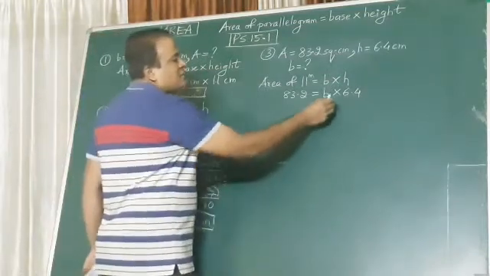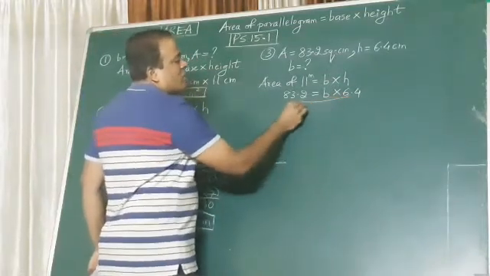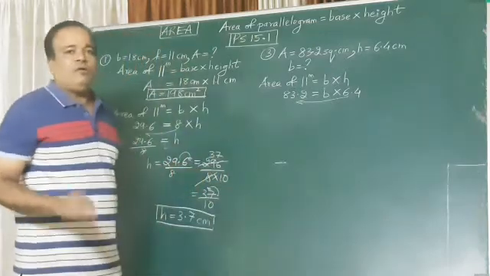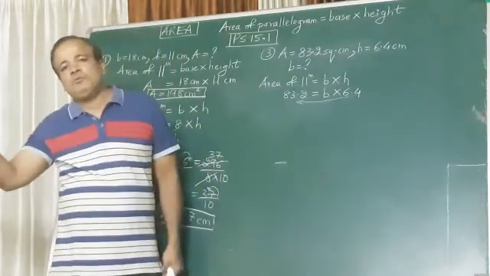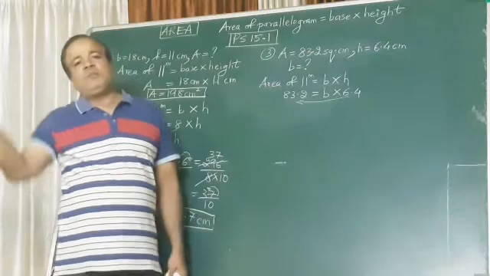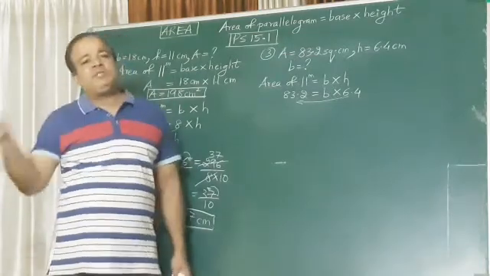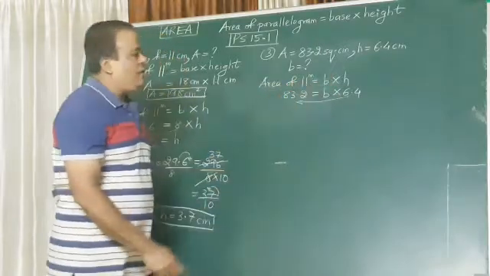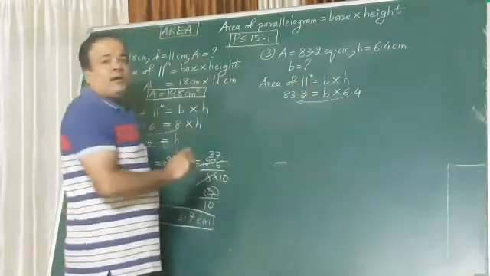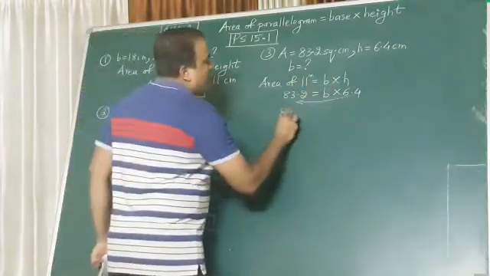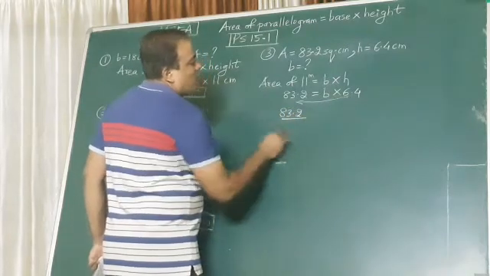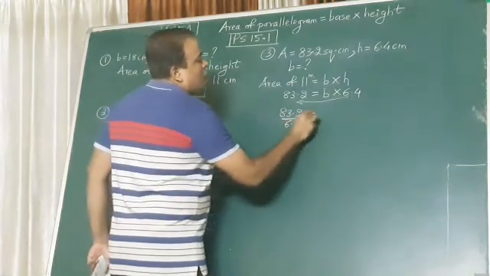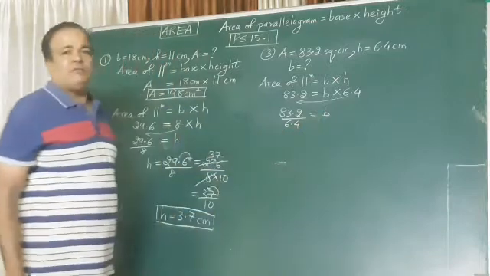Again, same thing. Since this is multiplied, when it goes on the other side, it becomes divide. You know, no? When it is plus, plus goes to the other side becomes minus. Minus becomes plus. Multiply becomes divide. Divide becomes multiply. Whenever you go to the other side of the equal sign, it is opposite, no? This is multiply, so here what will come? Divide. So I'll get 83.2 and 6.4 will come down. And what will remain here is base B.